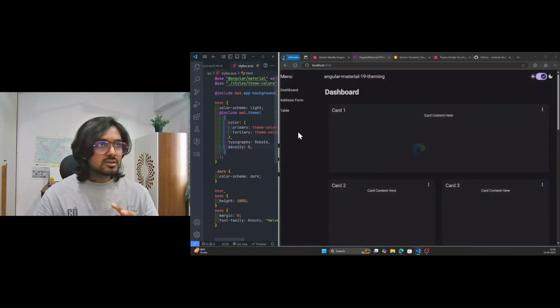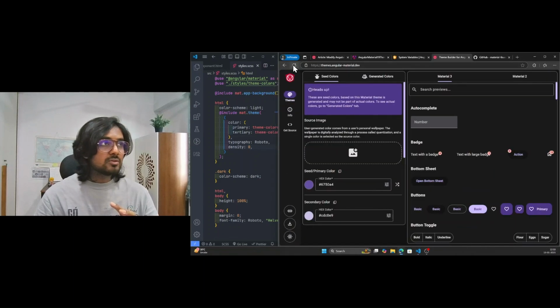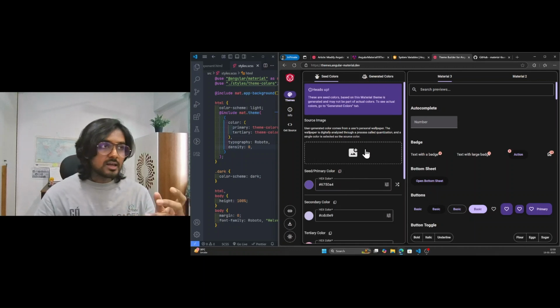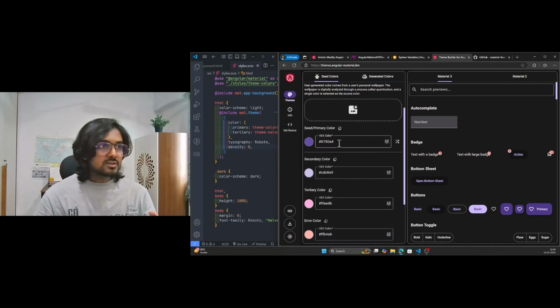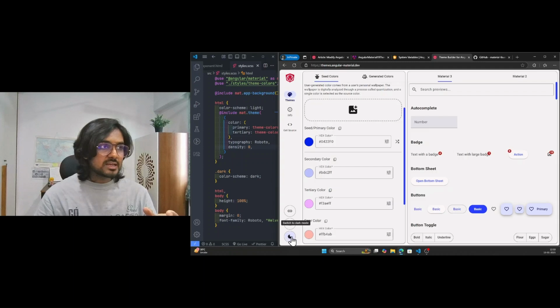So to visit theme builder, simply go to themes.angularmaterial.dev and you can fill in your colors. You can also provide an image. So let's start with a seed color. You can provide any color you want. You can switch to light and dark theme and it will generate a whole theme for you out of this